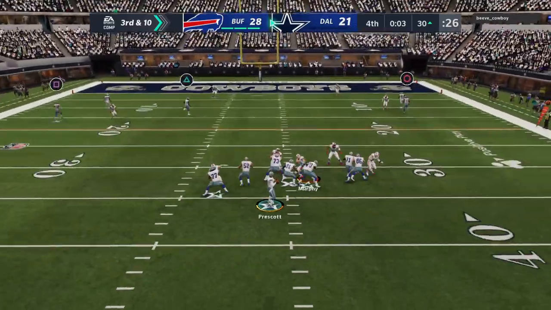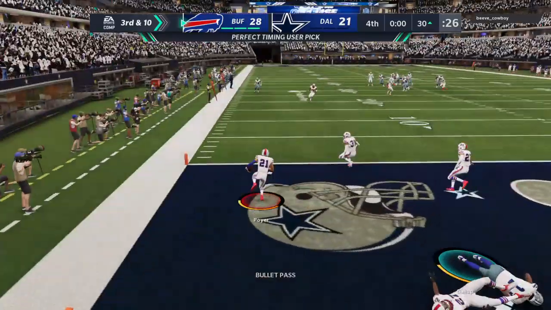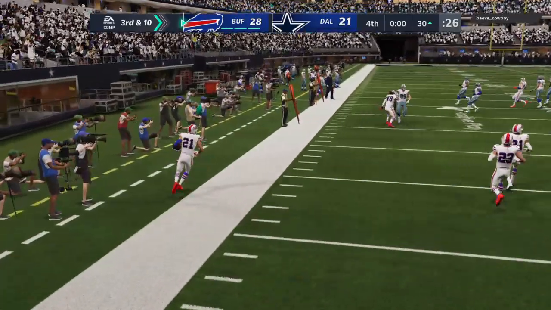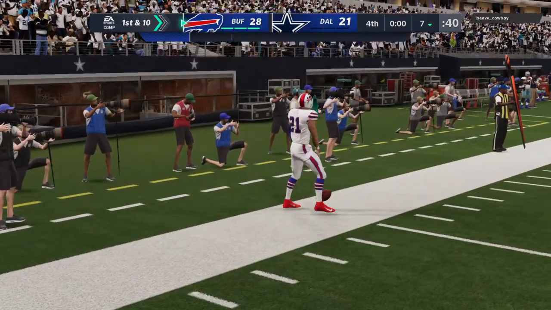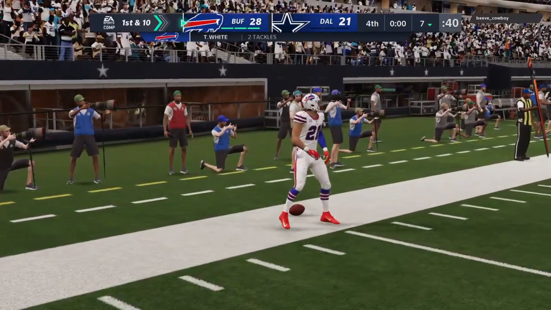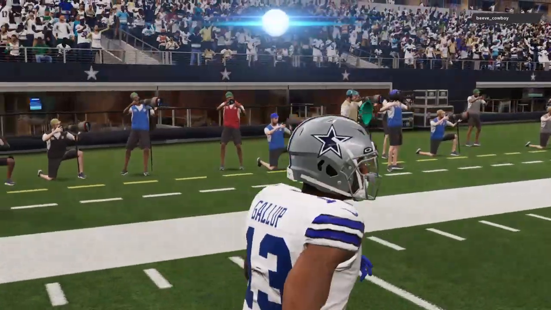One last shot now for Prescott. He's going to let it fly. And, a crusher there as it's intercepted. Picked off by Jordan Poyer. And he will be out of bounds here with zeros on the clock as this ball game is over. Today's